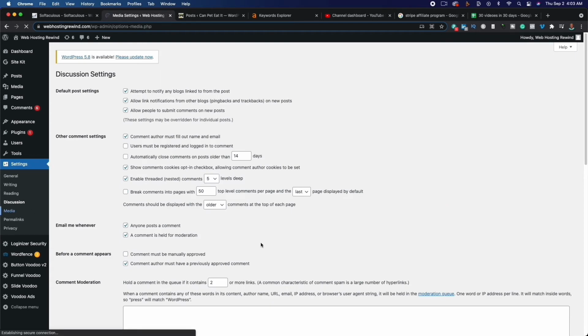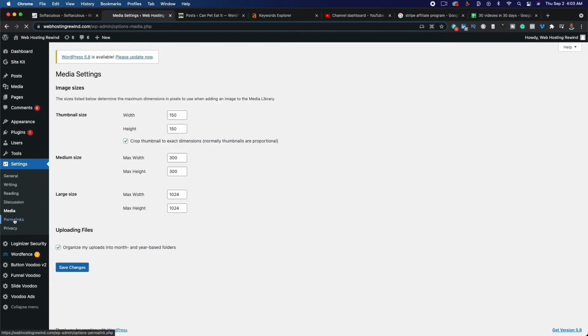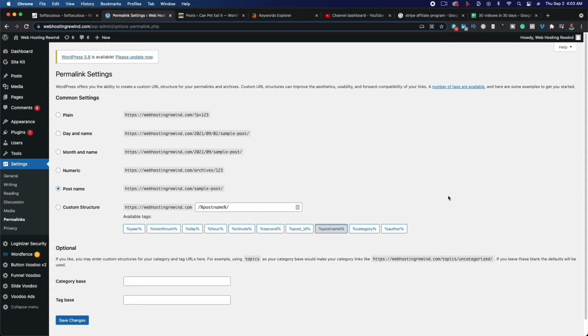Media, we can leave this as is, and then permalinks is going to be really important. Right now, your permalinks are set to plain. You want to change it to post name. This is done for search engine optimization. What's going to happen is when we create a new blog post, we are going to make it so that